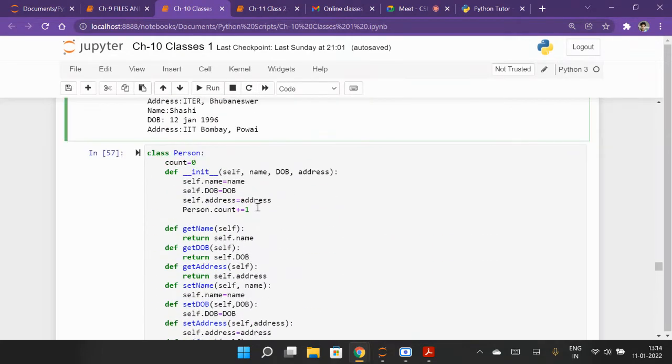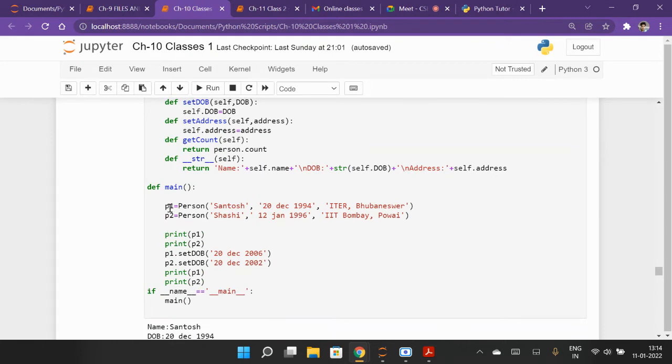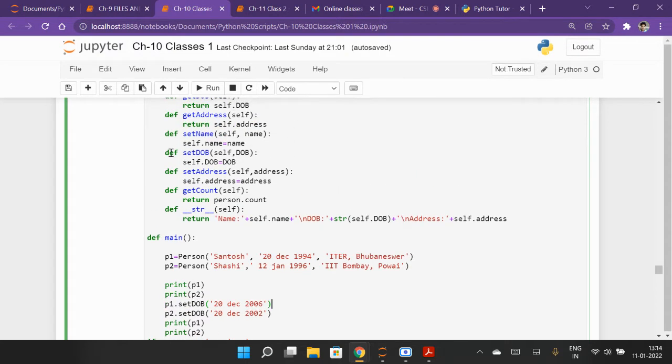Okay, if you want to update, like I have written here p1 p2, if you want to update any name. Okay, so suppose you want to update something, like here I wanted to change. So initially date of birth is this, and I want to change this using p1 dot set dob. So here we have defined a function set date of birth, self, date of birth, and self dot date of birth is date of birth. So you can update date of birth using this function.